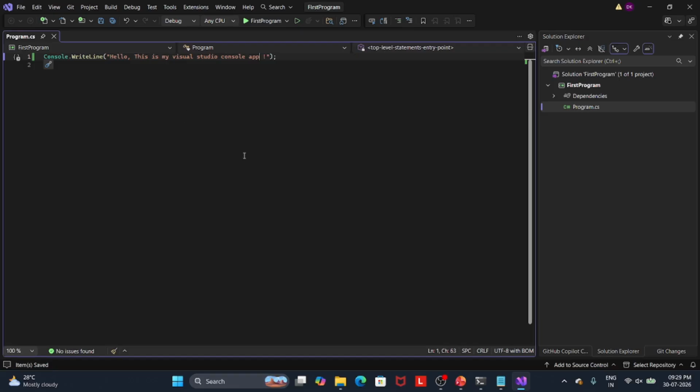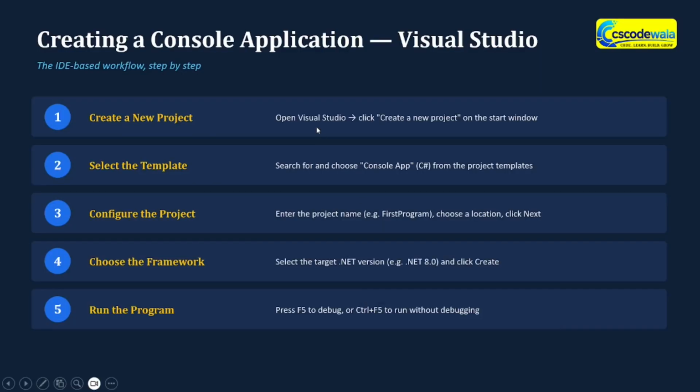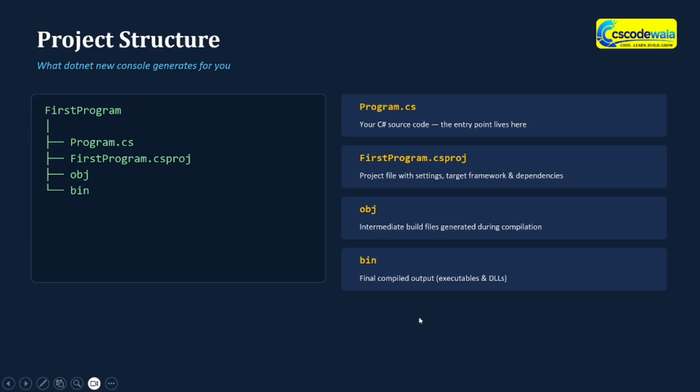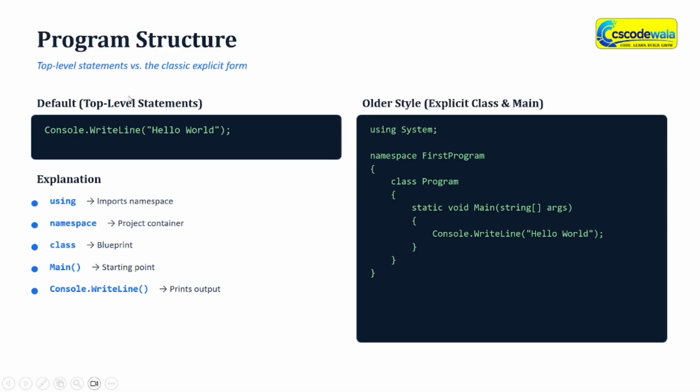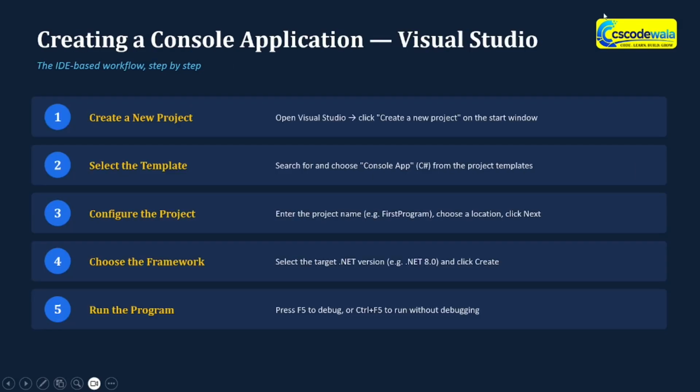One is this one, which is a top level statement, and the second one is the old style statement. We use the top level statement. Okay, in top level statement,